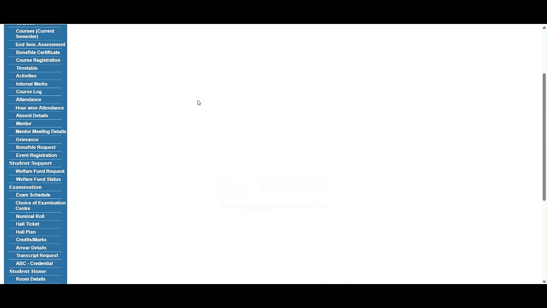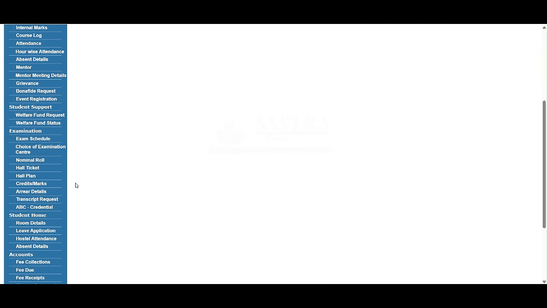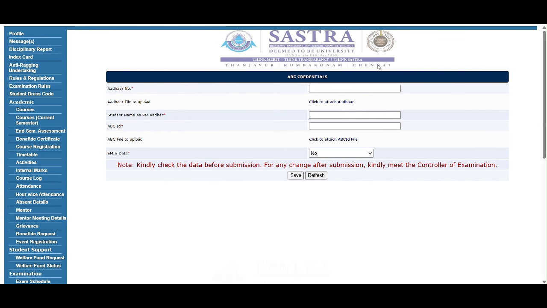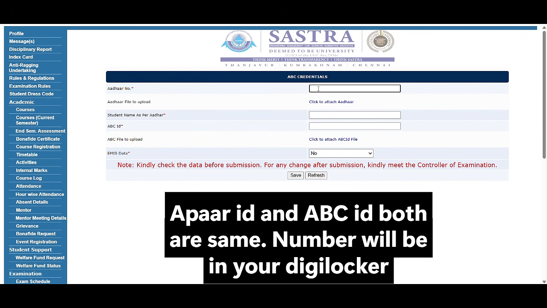Now I will demonstrate what to add in the ABC credentials. Open the ABC credentials. It will show this page. Then add your Aadhaar card number, and enter it correctly. Then upload your Aadhaar card photo here. Then the student name as per the Aadhaar card, and the ABC ID, that is your APAR ID, which you must download